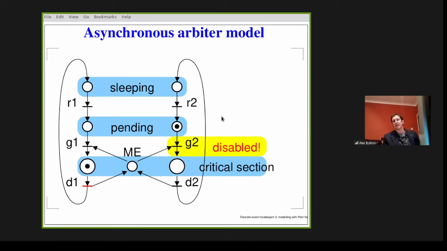Without any particular reason, the left one fired again, and this one became disabled. So this one has to wait. It's not fair, I understand. Arbiters are not fair. Now this one fires. And now this one fires. Now we are back to the initial state, so we can continue operation. Does it make sense?